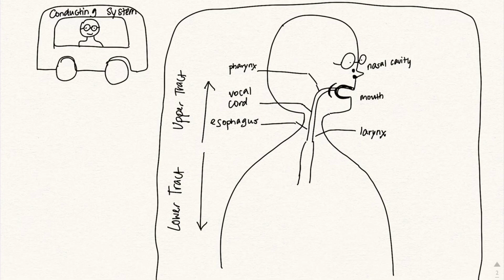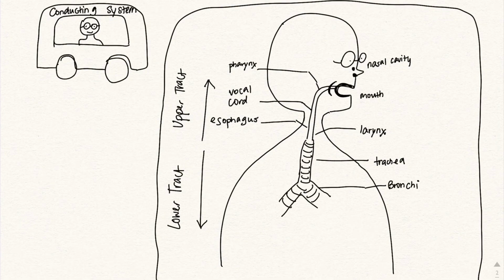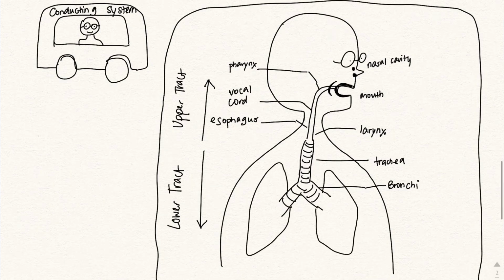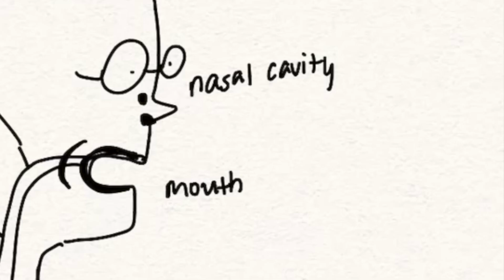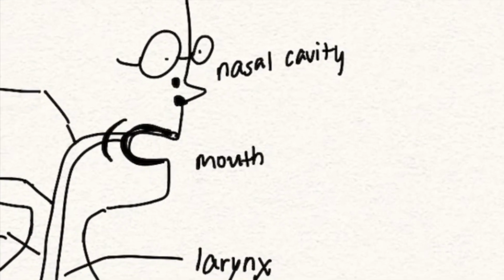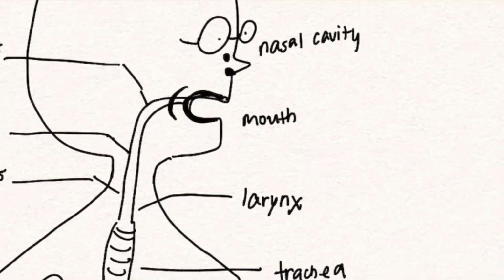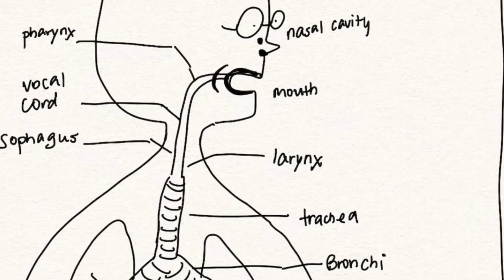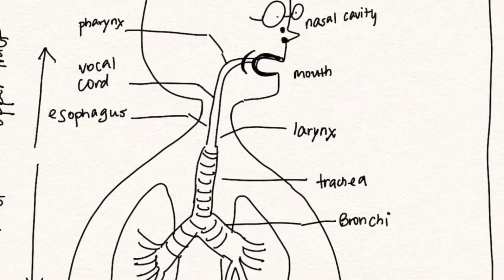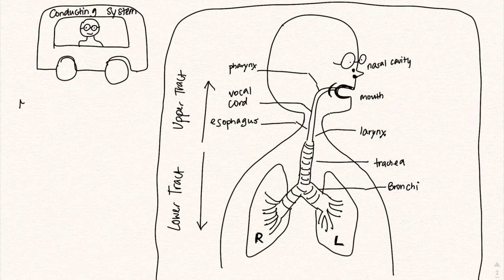Then we see the lower respiratory tract, which consists of the trachea, two primary bronchi, and the lungs. The airways that connect the lungs to the external environment follow this order: from the mouth to pharynx, larynx, trachea, primary bronchi,